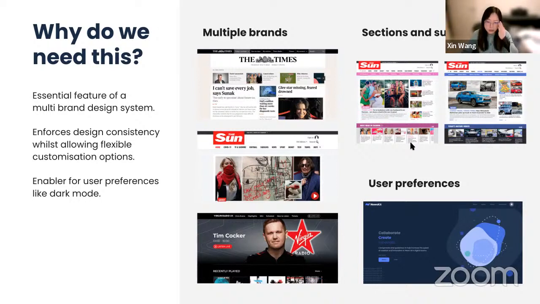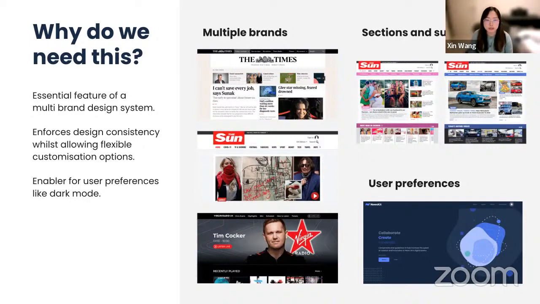Also at NewsUK, we support a lot of brands and they are all using NewsKit components. They all come in and want to have their own style. They want to maintain their own brand identity, for example, using their own color scheme. Instead of having the developers changing the components, adding CSS into each of the components, you can actually customize all of the components in one go by changing a few universal variables in your theme. And I'm going to show it in the demo later.